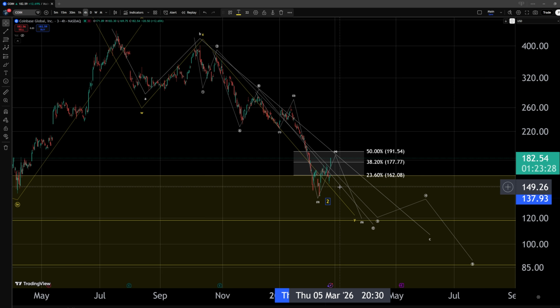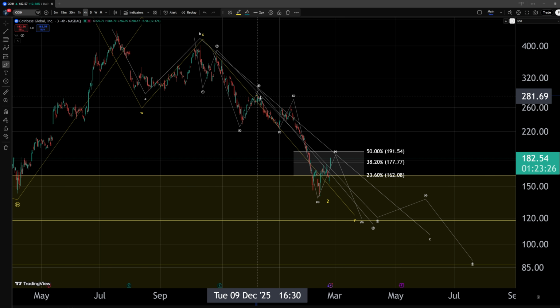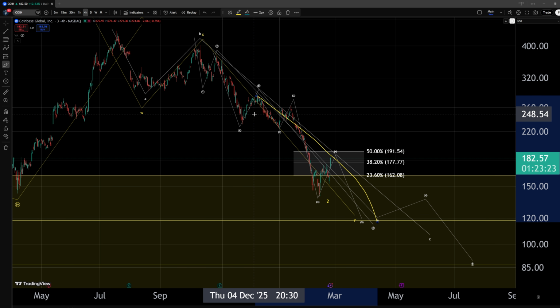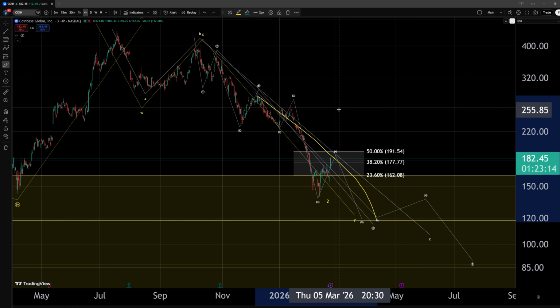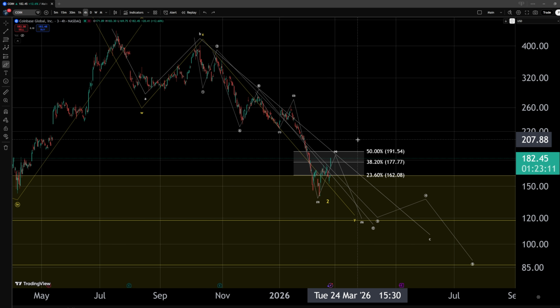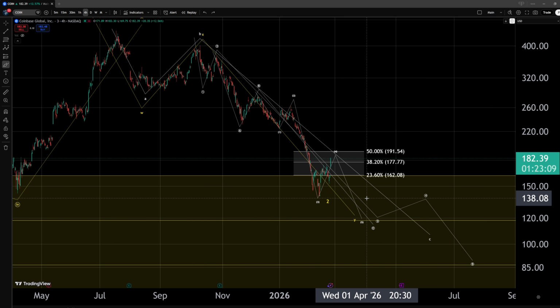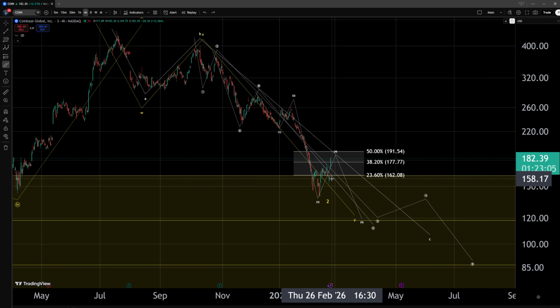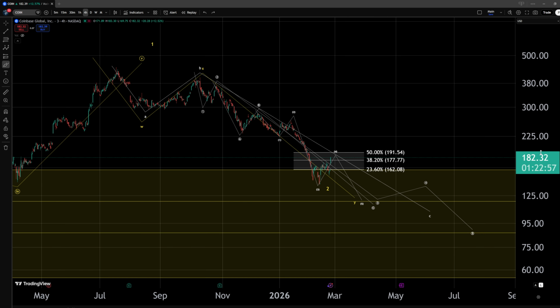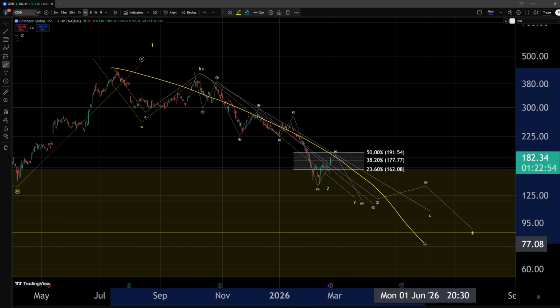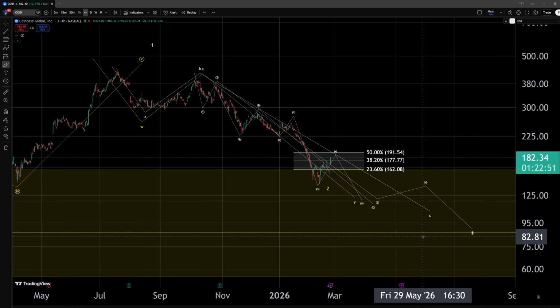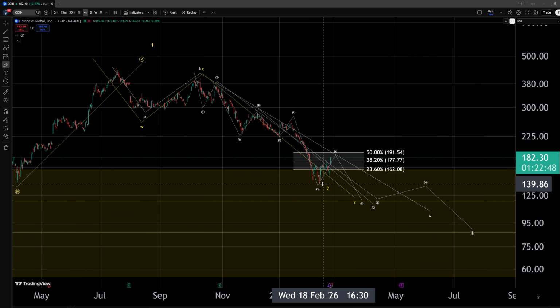$191.5 level for a signal that this movement to the downside, this supposed wave C in white, is not going to extend lower, or at least is not going to extend lower within an impulse. I find it unlikely to extend lower at all if we break the 50% retracement, to be honest. If we don't build this within an impulse, I would doubt this structure to be forming, and I would look for a slightly different scenario, but that's another story that I will tell you in a moment, because I want to also provide you the last level of resistance that would signal to us that this overall wave to the downside would be complete, because there is still a chance we may even be building an initial 5-wave pattern in